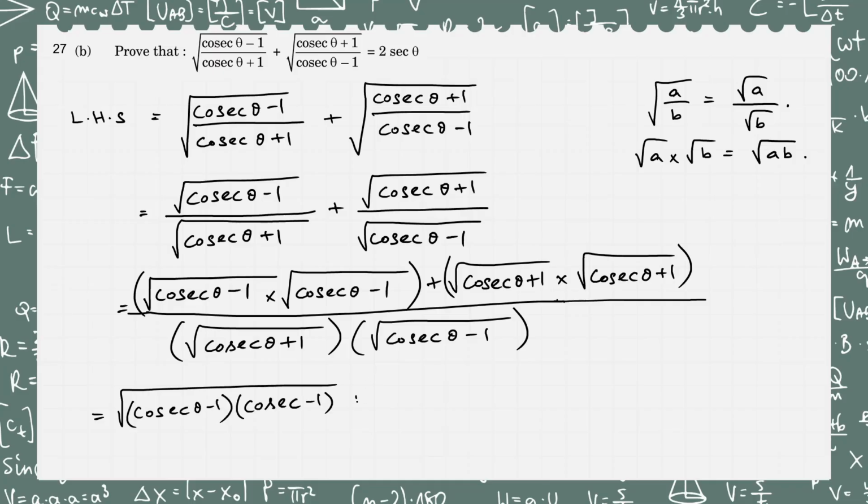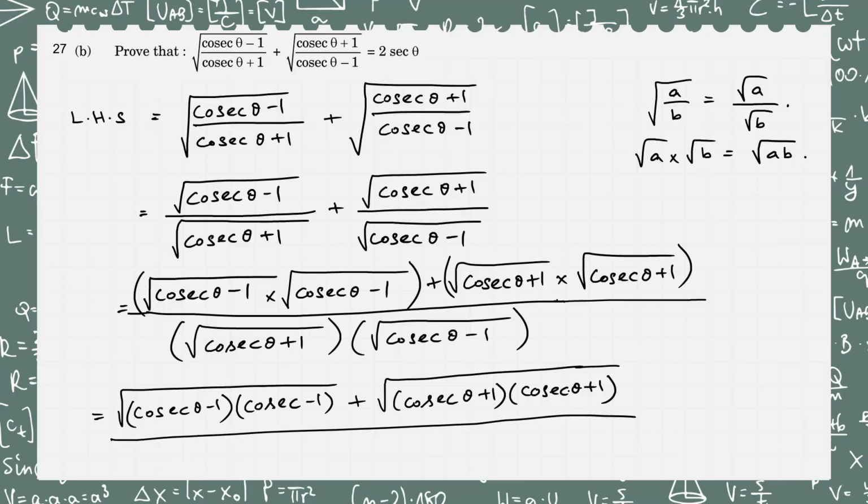And then the same way, the next one also we can write cosecant theta plus 1 into cosecant theta plus 1, and in the denominator also we are going to apply the same concept. So that also we will write like cosecant theta plus 1 multiplied by cosecant theta minus 1 inside the same root. Now look at the values inside the